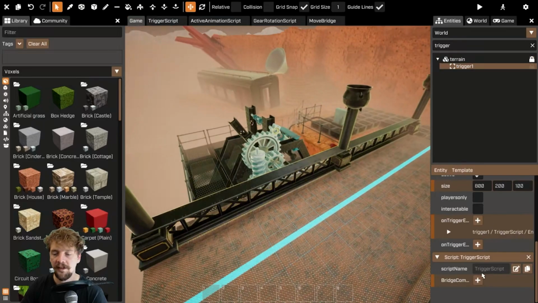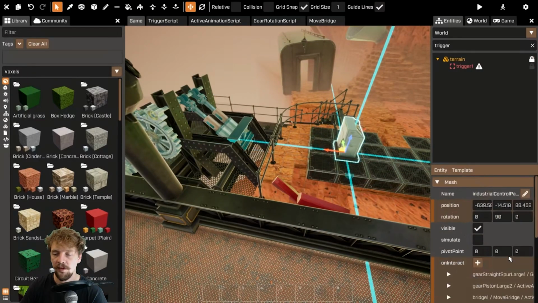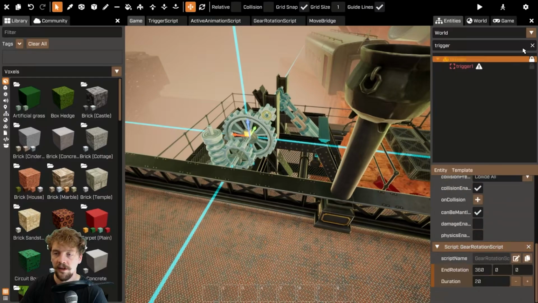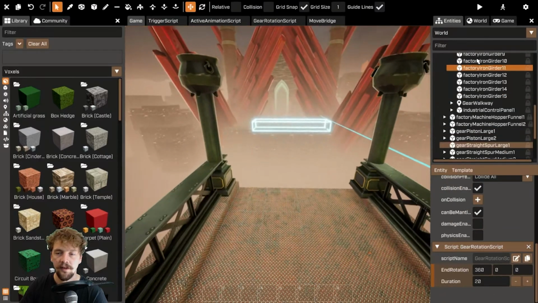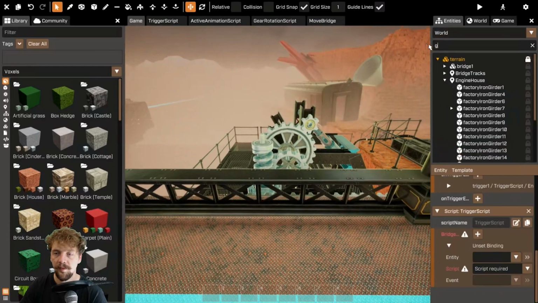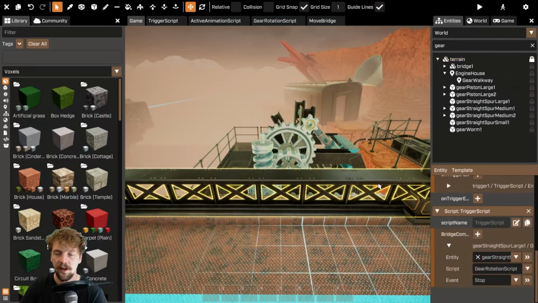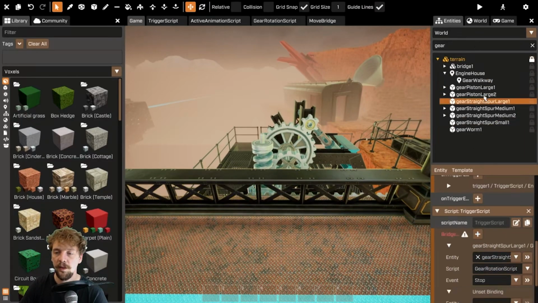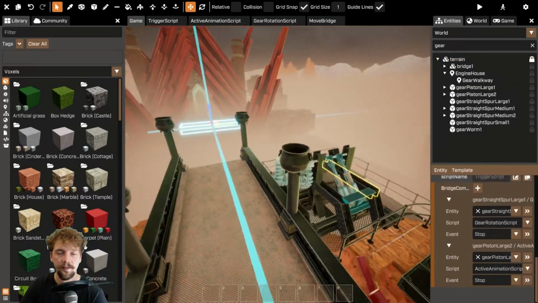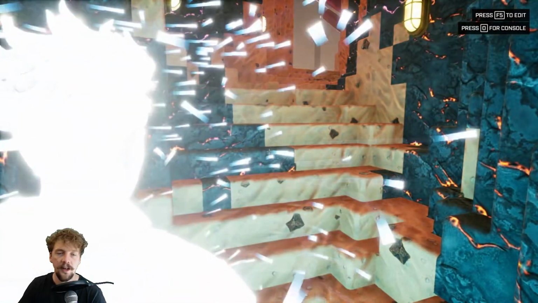And that bridge complete event essentially needs to hook up to the same things that have been hooked up to this thing. So we've got gear straight spur large 1, which is that. Yeah. So the trigger needs to stop that one. Gear straight spur large 1, stop. And also the pistons as well. So the piston needs to stop too. The bridge will stop on its own because it's already on that timer. So if we just have a look at those two things,